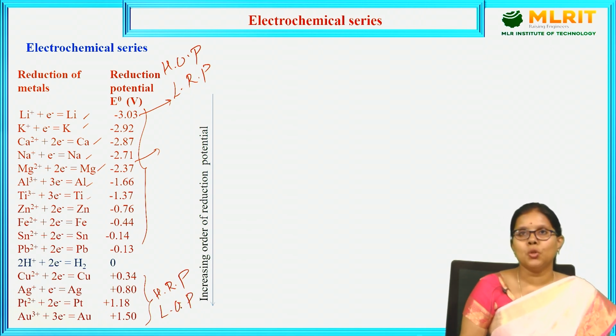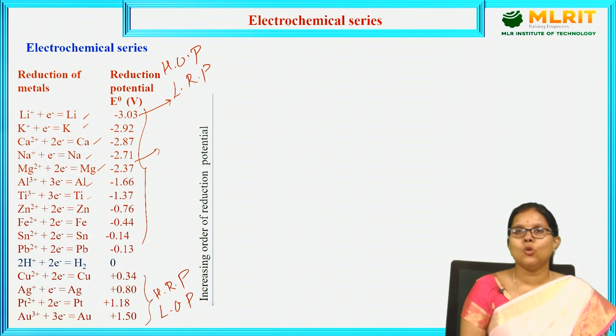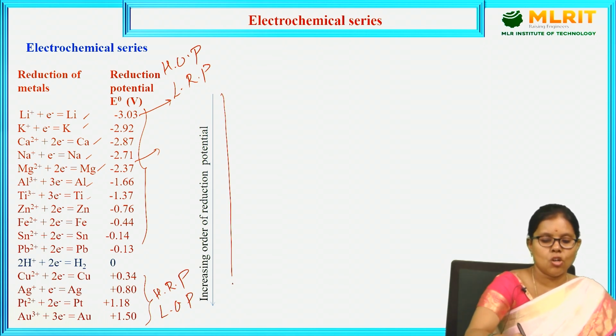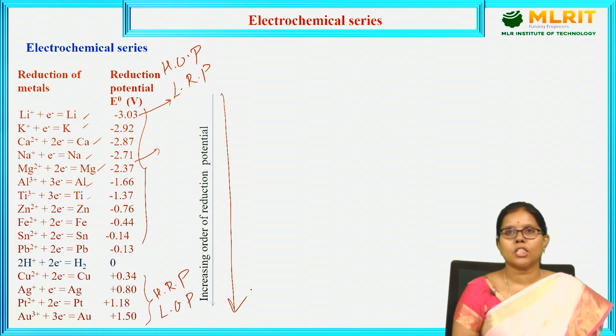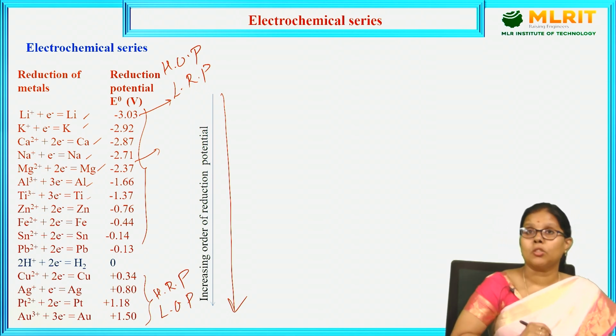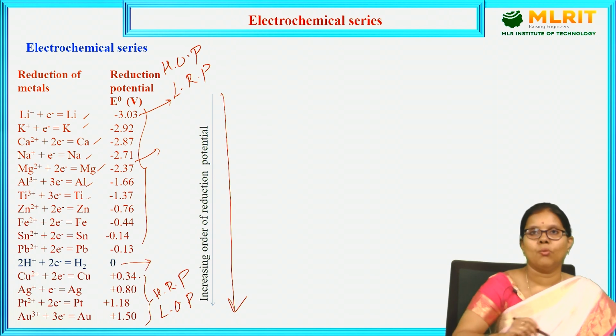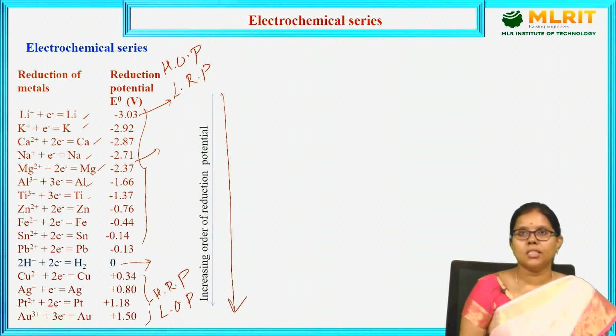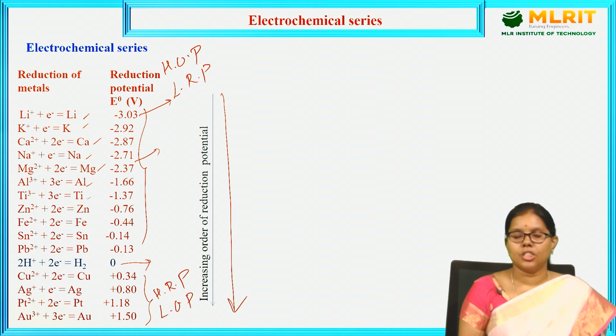So, let us choose only one potential, that is reduction potential. The top of the electrochemical series, which are having lower reduction potential, always act as anode, are trying to lose the electrons, are easily oxidized. Therefore, they will act as anode. If you go down along the series, there is an increase in the reduction potential, from negative values to positive values. Hydrogen is considered as 0. Standard hydrogen electrode potential is 0, whether it is anode or cathode at standard conditions.